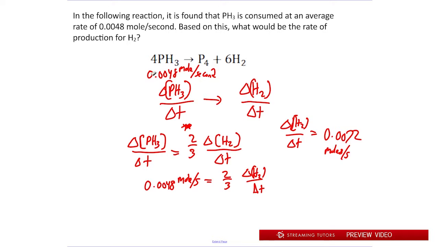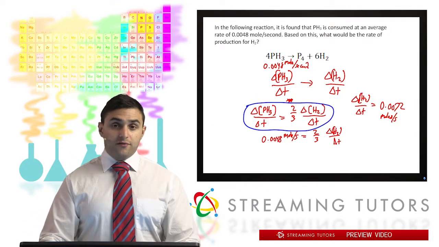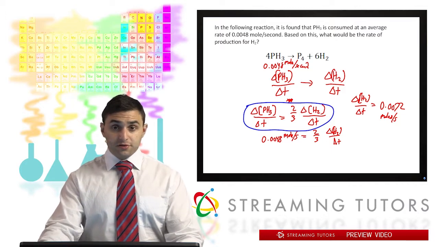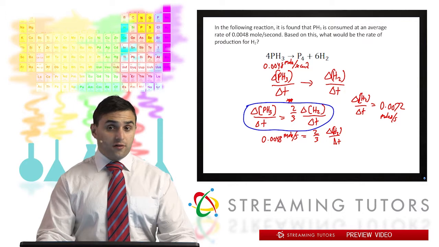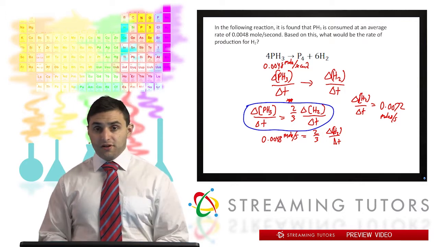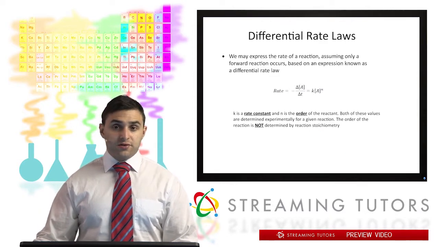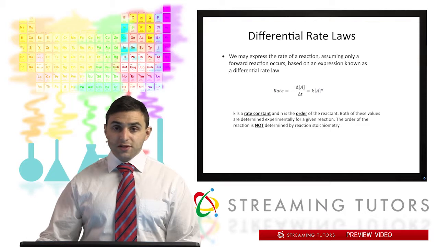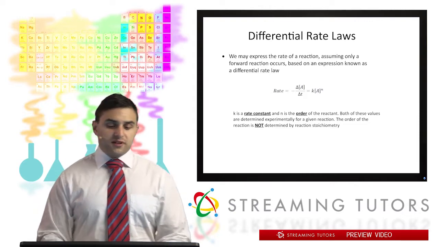Okay, so the most important thing to do with these is set up this initial equation, having everything mathematically equivalent on both sides. Here we said that the rate of use of PH3 is equal to 2/3 the rate of appearance of H2 from a purely numerical standpoint. And then we just use that to solve for that rate of appearance. You'll see a lot more of these in the workshop. It's very important that you're able to do this. For now, though, we're going to get into what's known as rate laws. So we've only been talking about rate in terms of just reactant concentrations. What we can do is express the rate